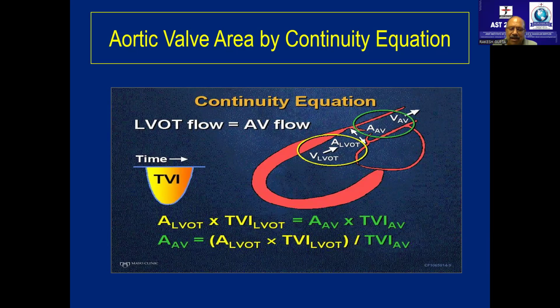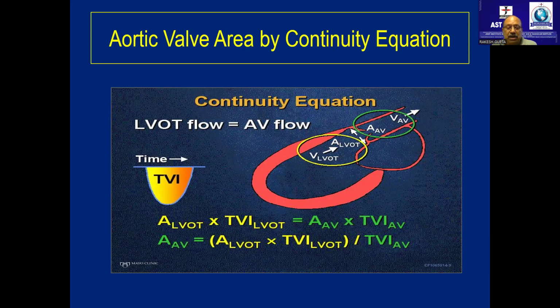So what is available today, what is in practical use, which is being approved by many people, which is being used in day-to-day practice, this is what the quadratic equation is. Any area less than 1 is considered as severe. Any area more than 1 is considered as progressive. Nothing like mild, moderate, severe. It is either severe or non-severe or progressive.